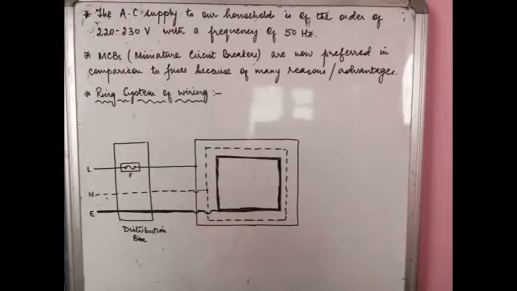Some are quite big appliances which require a large amount of current to be supplied to. That is why the AC supply has to be there in our household circuits. Okay, the DC supply, as we already know, cannot be stepped up and down. It is of a fixed magnitude, whereas AC supply can actually be changed. It can be stepped up and stepped down.